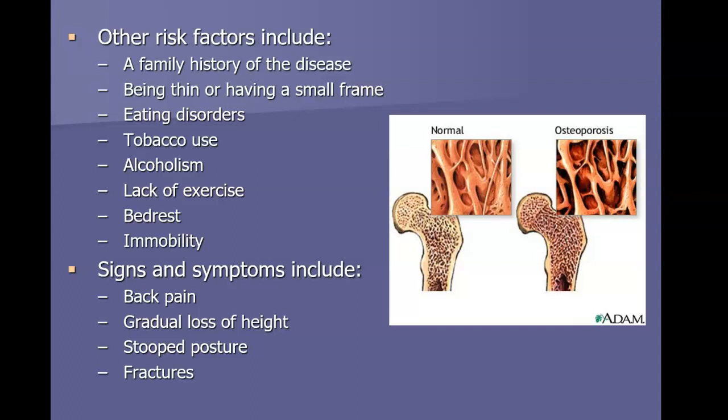So it's really important while you're younger and your bones are taking in the most calcium they will ever take in to get nice and strong, that you make them nice and strong. Things that predispose you to osteoporosis are family history and being overly thin. I think this is the one advantage you have if you're overweight. People that are overweight don't tend to have as many issues with osteoporosis as people that are thin and have small frames. Eating disorders, people that have been anorexic or bulimic, tend to have a lot more issues with osteoporosis as they get older. Tobacco use, alcoholism, lack of exercise.